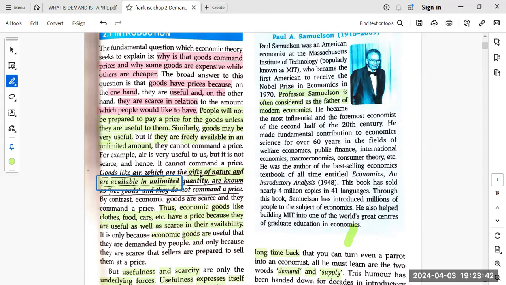Just now I explained two types of goods, economic goods and non-economic goods. Which goods are free? This can be your 1 mark question. Economic goods or non-economic? Non-economic goods. Anything which is just free. For example, mother's love is free. It is a non-economic good, right? Non-economic service, I rather say.